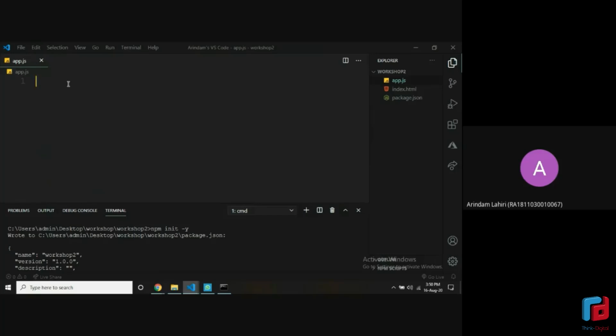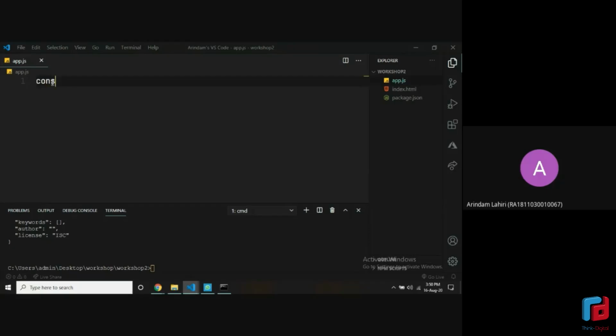All right. So for this, we need the module which is HTTP. Mind you, it's not an external module. It just comes built in with Node.js. So you can write something like const HTTP, which is a variable. And now we need a module. How we import or require a module is this way: require HTTP. This is the syntax. Get very familiar with this line because you'll be using this in every Node.js project you use. So require basically means that we are requiring a module. If you hover over this in VS Code, it says it's a module which is HTTP. So it's a built-in module with Node.js and we are requiring it.